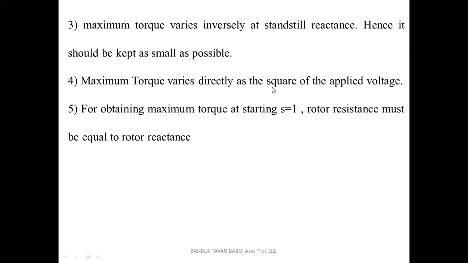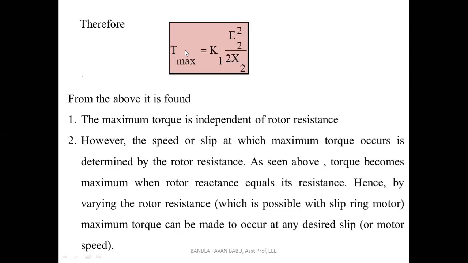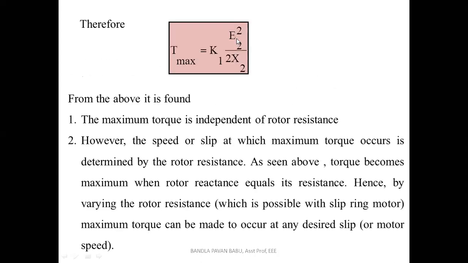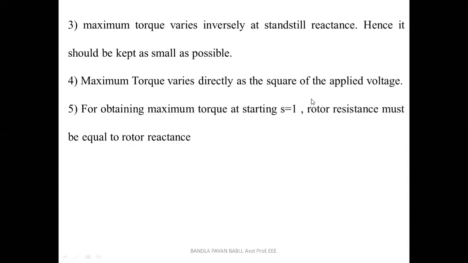Maximum torque varies directly as the square of the applied voltage. So look at this. T is proportional to E square. So that means the induced EMF in the rotor conductors. Okay. So T is proportional to the square of the applied voltage. Suppose voltage is fixed there, input is constant. So induced EMF E1 is constant and E1 is proportional to E2. So V is proportional to E2. Okay. So in that manner, they have given the statement. Okay. So maximum torque is proportional to the square of the supply voltage or applied voltage.